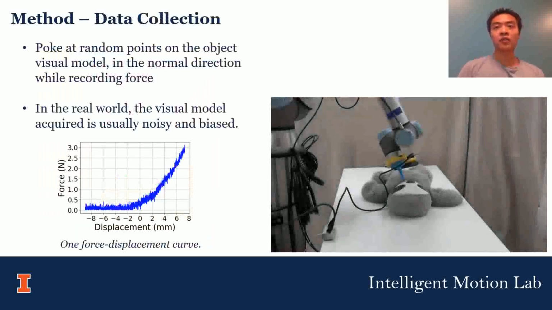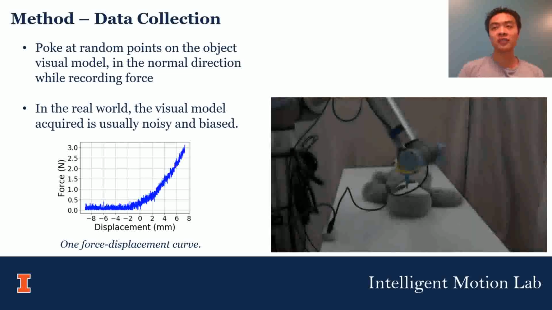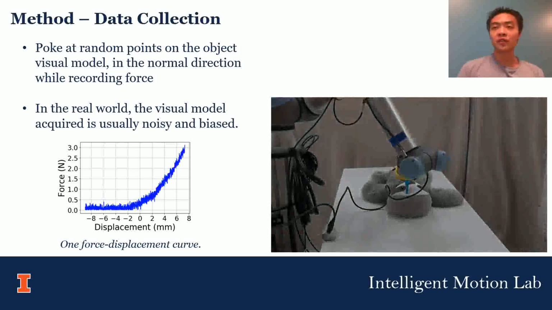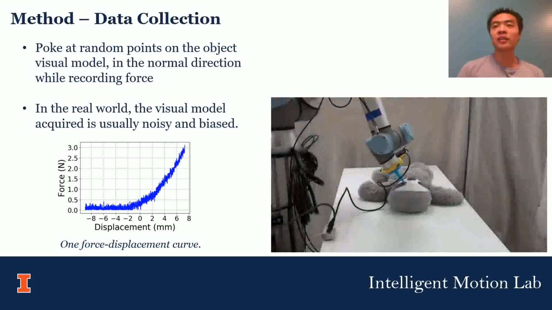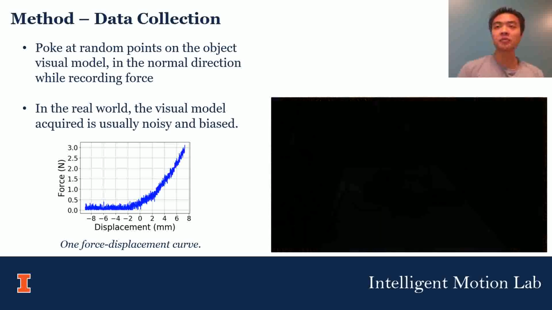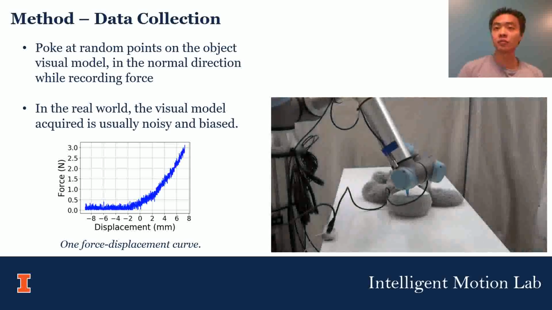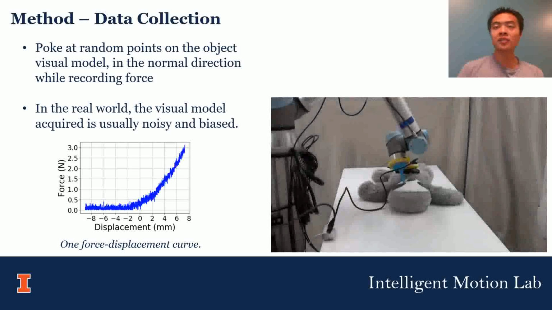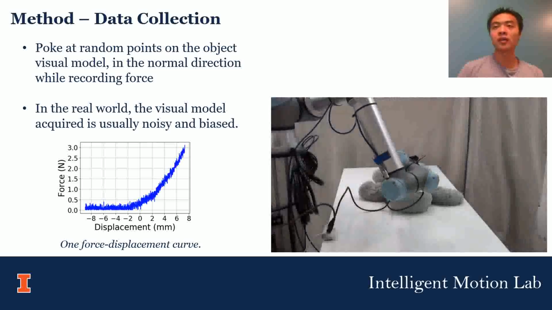A point cloud model of the object is first acquired by an RGBD sensor. Notice that the visual model acquired is usually noisy and slightly biased. In some cases, the object could even have fuzzy, poorly defined boundaries. The robot arm then pokes at a few random points on the object visual model in a normal direction while